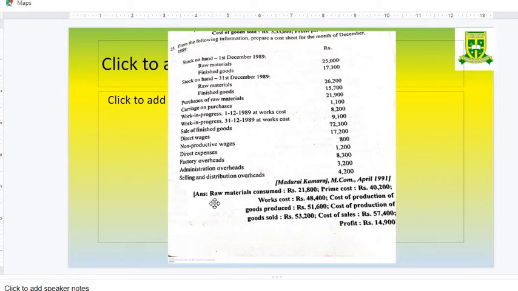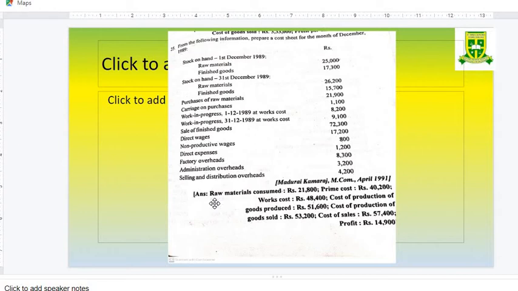If any carriage inward expenses is given, you have to add it here itself, because that is the expense which is incurred while purchasing raw material. Then less closing stock of material will give the material used for the current year. We are showing only the expenses which happened for the current year. So for that calculation, we need how much raw material has been consumed. So that's the reason they have indirectly given the information. In other questions they have directly given the direct material or raw material consumed. In this question, they have not given that information. So we have to find out what is the raw material used for the current year.